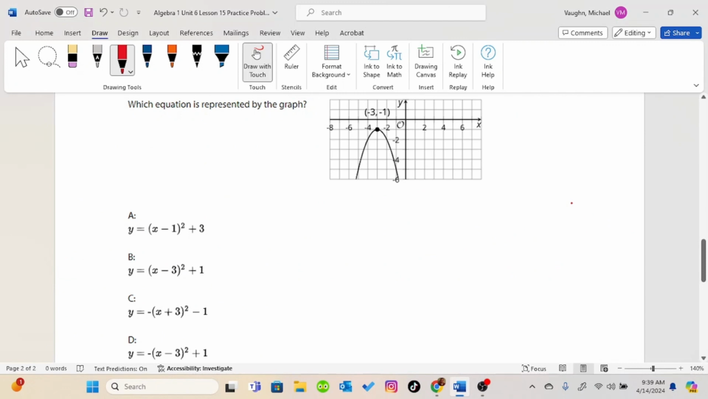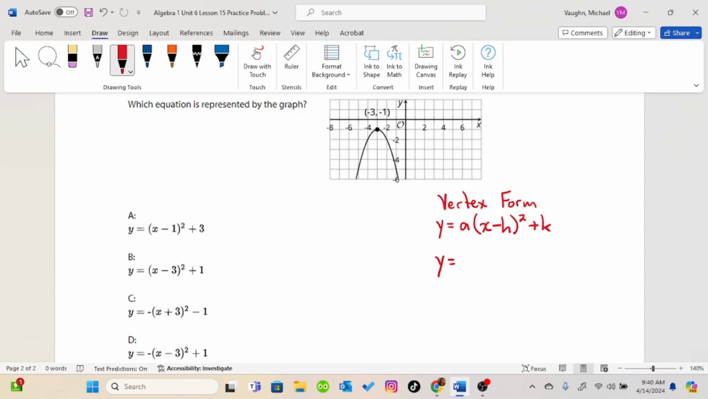Which equation is represented by the graph? So if you notice, all four of our choices are in vertex form. And vertex form is y equals a times x minus h squared plus k. So as we start filling this out,